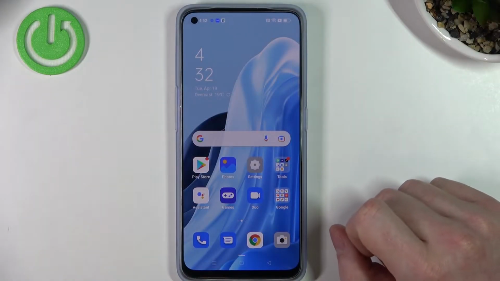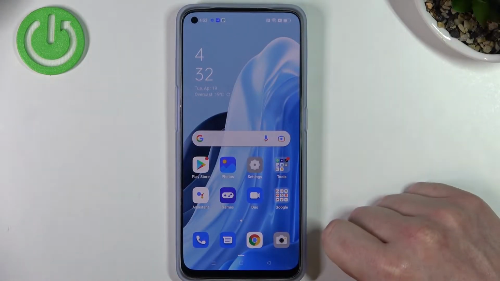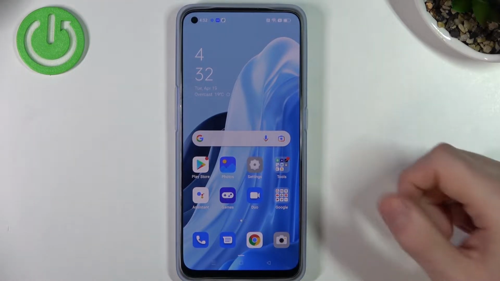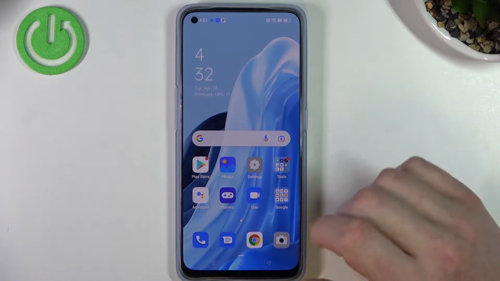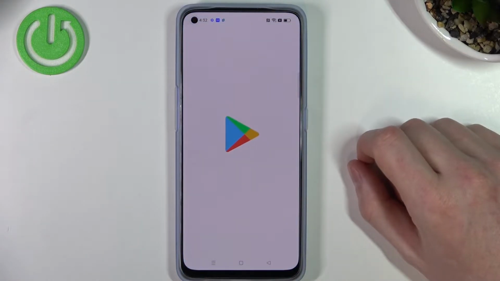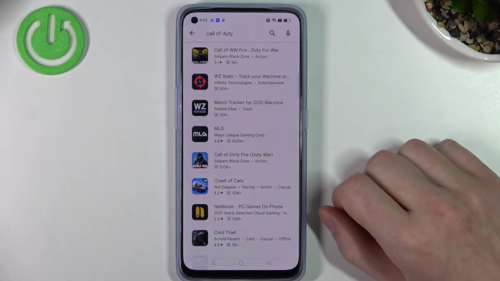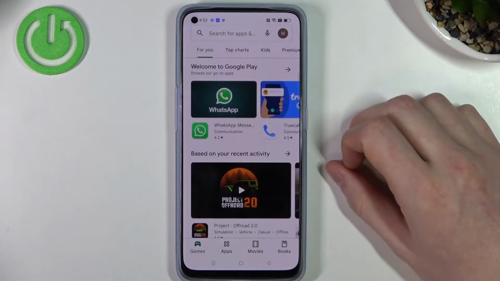Hello, in this video I'm gonna show you how to fix the problem when you want to install Call of Duty Mobile but you can't seem to find it on your Google Play Store using OPPO Reno 7. So in order to do that we'll need to open our Google Play Store and let's try finding Call of Duty now. So there's no game visible right here, and in order to fix that we need to go back,